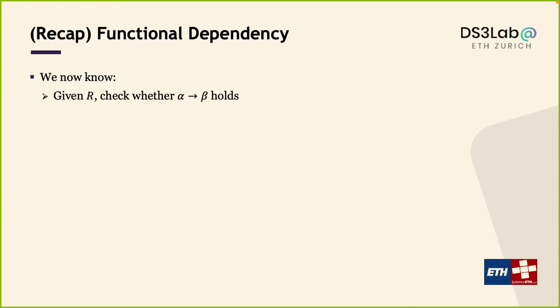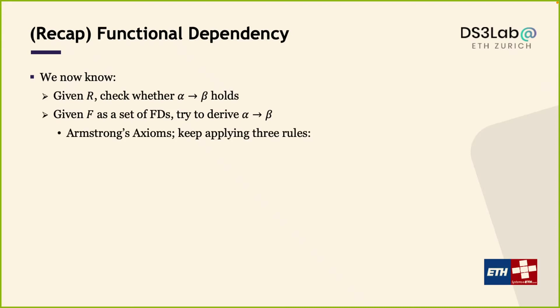You pick any two tuples in this relation, and you check whether you can find such a pair that share the same value on alpha but have different beta. It's very simple. We also know that if you give me a collection of functional dependencies, we know how to at least try to derive a new functional dependency alpha decides beta that's going to hold given this collection of functional dependencies F. The way to do it is we introduce an inference system that consists of 3 different